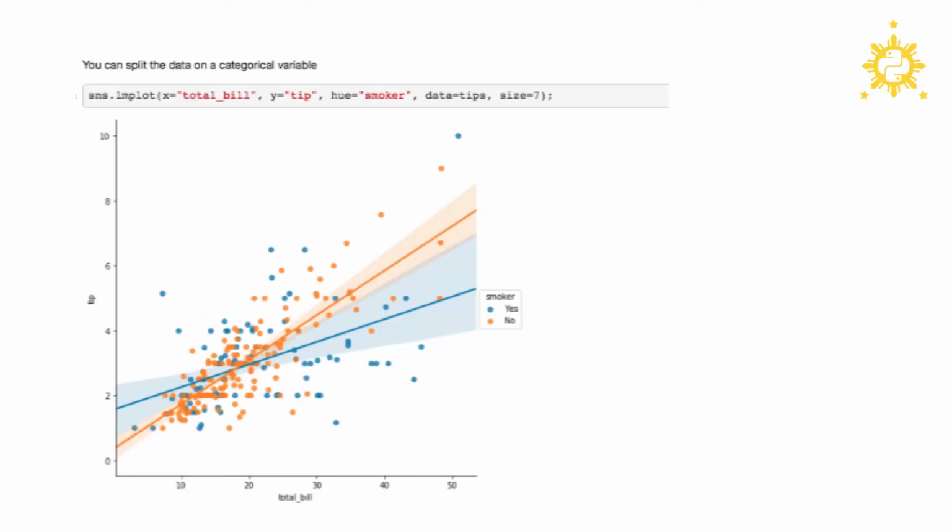Oh, sorry, this is a tips dataset. It's a dataset about how much a waitress would earn in tips depending on the time of day or the day of the week, and on other factors like whether the customer was a smoker or not a smoker, things like that. So I just wanted to show the difference in the capabilities of the